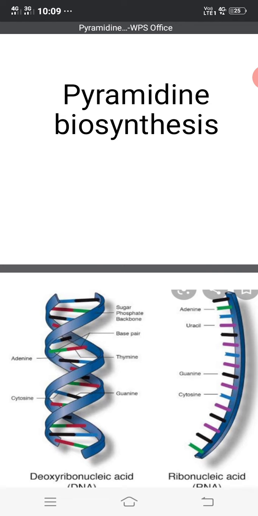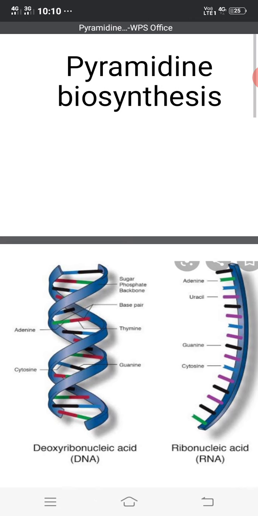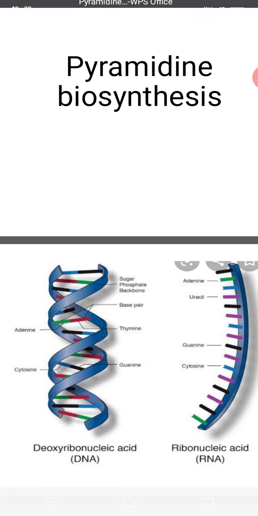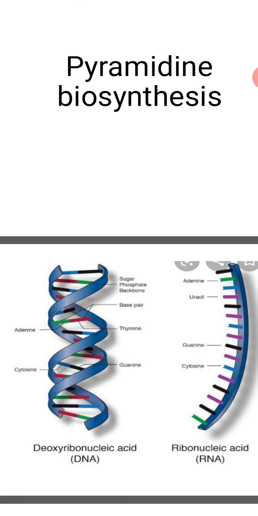In 1871, a young Swiss physician and chemist named Friedrich Miescher isolated a material from the nuclei of pus cells. He named it nuclein. This substance was very different from carbohydrates, fats, and proteins, and it was acidic in nature and contained a large proportion of phosphates. Altman, in 1889, named it nucleic acid.